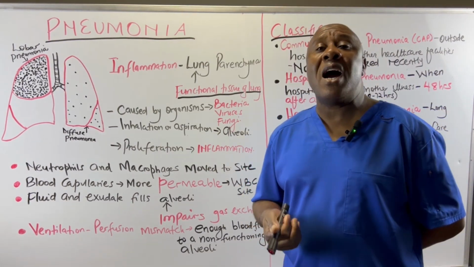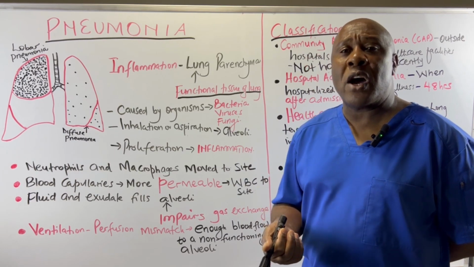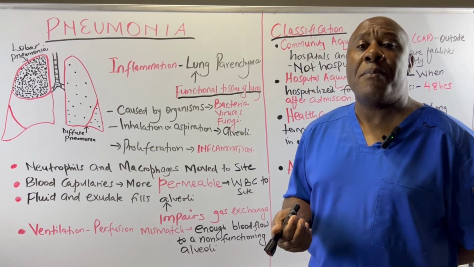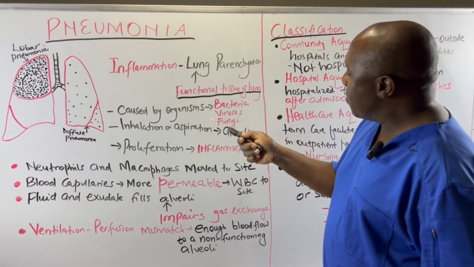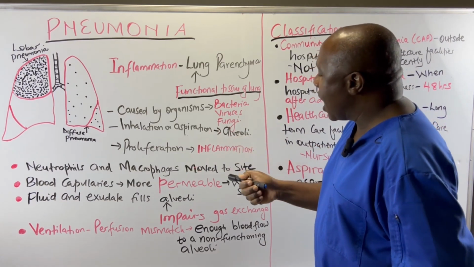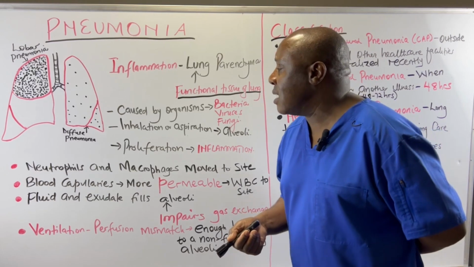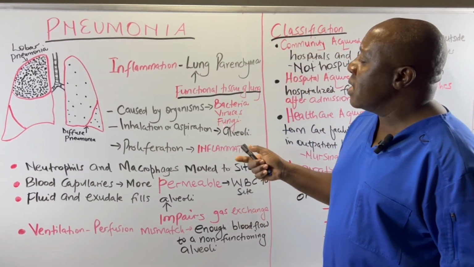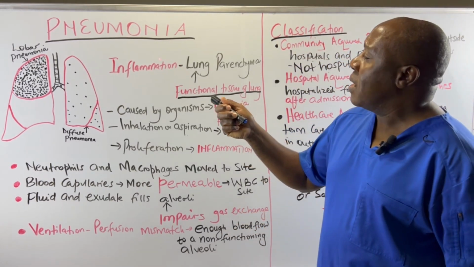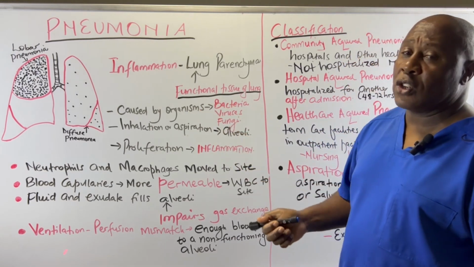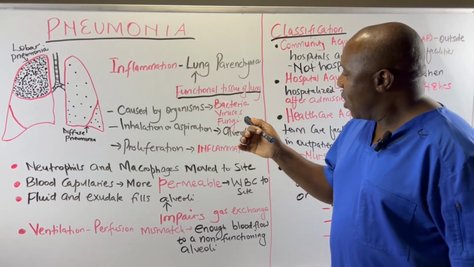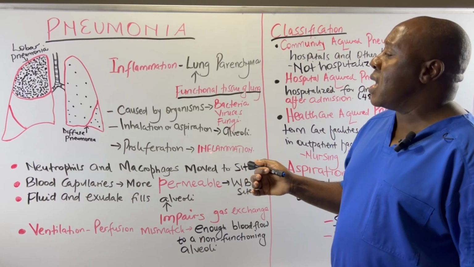We do not even have any normal flora or resident bacteria. So when these microorganisms reach the alveoli, our immune system responds to try to eliminate them before they can cause any problem. So before we look at that particular inflammation process that occurs when these microorganisms invade the alveoli,